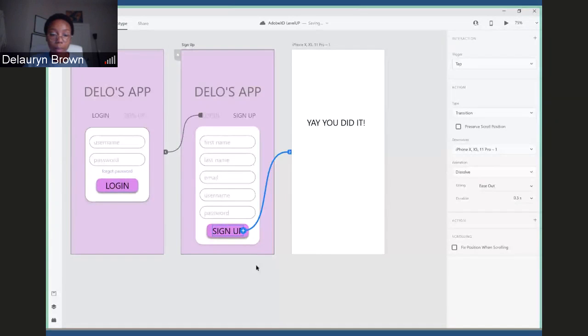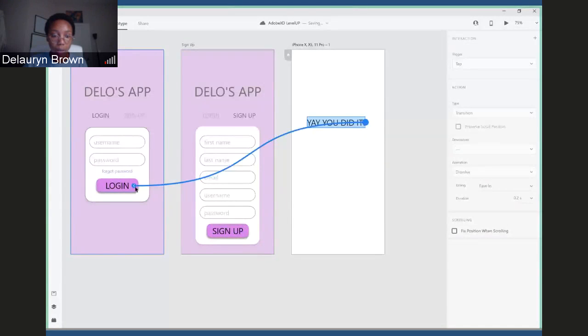So, see all of these. When I click on my artboard, I can see all of the different connections that I have, and this looks the way I want it to look. Okay, great. So now that we're here, save again, because you always save your work. And I'm going to go up to this right-hand corner. I can press